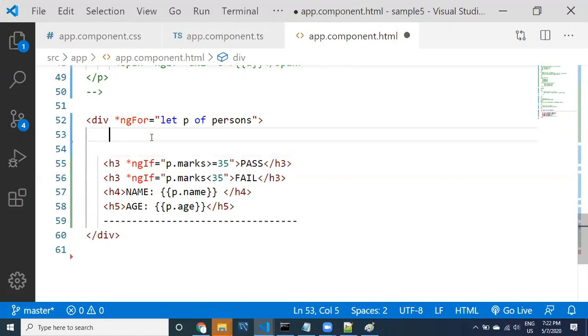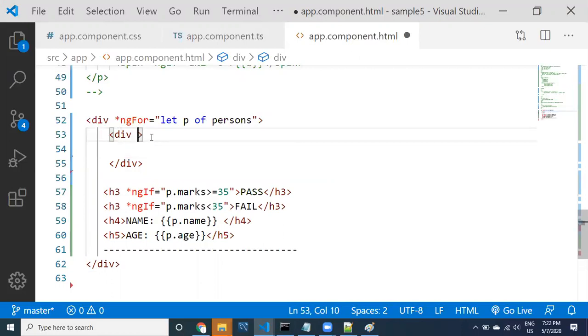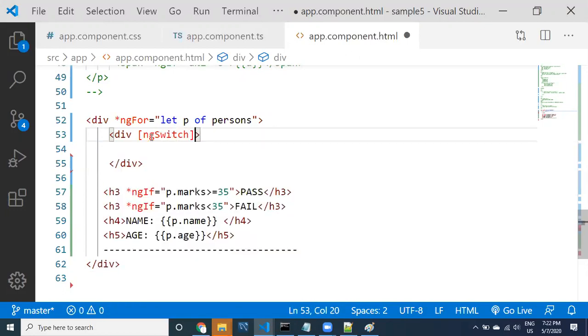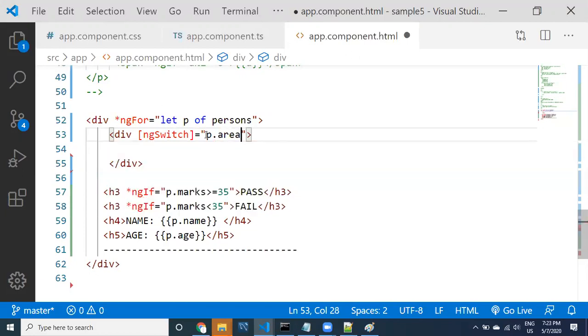See, switch. Let us take, inside the div, a div with ngSwitch. For this, what do I provide? p contains what? Area, right? I'm going to take the area property.